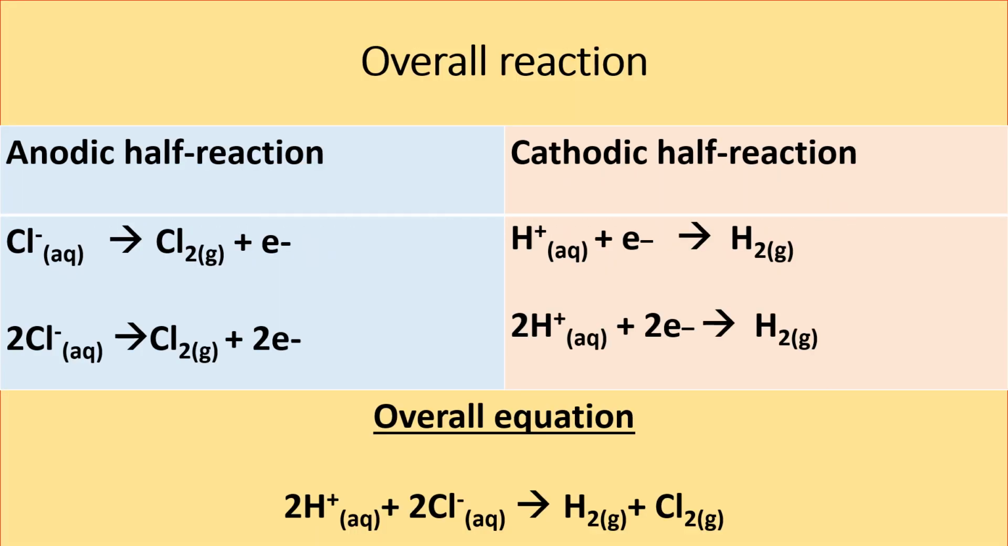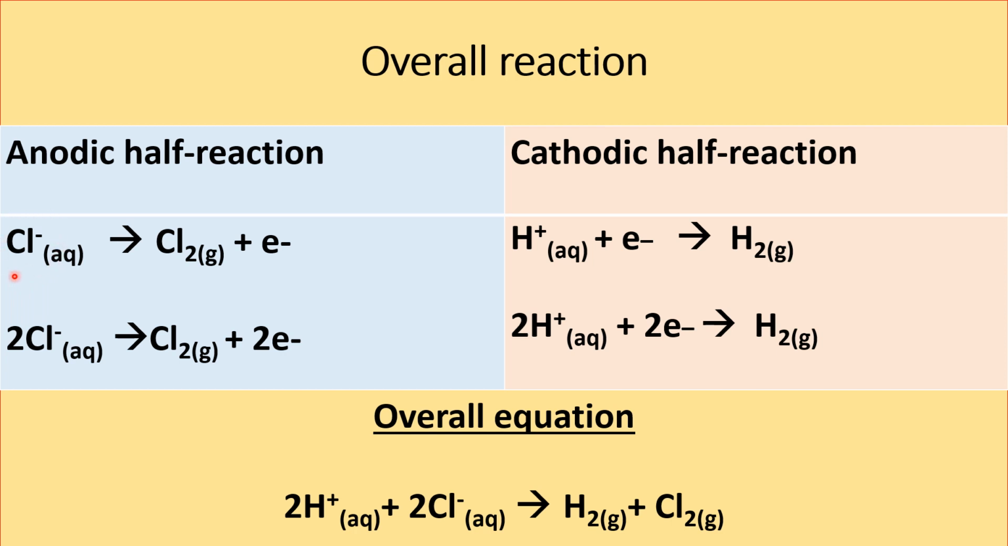Here is the overall equation for the reaction at the anode and at the cathode in the electrolysis of concentrated sodium chloride. The reaction at the anode is the one we refer to as the anodic half reaction. The reaction at the cathode is the one we refer to as the cathodic half reaction. The two halves combined together equal one. So we have chloride